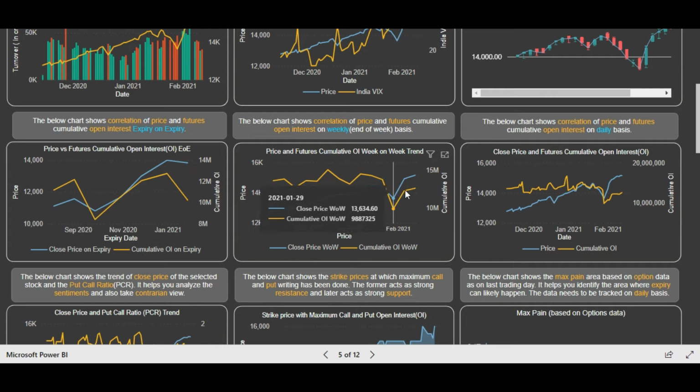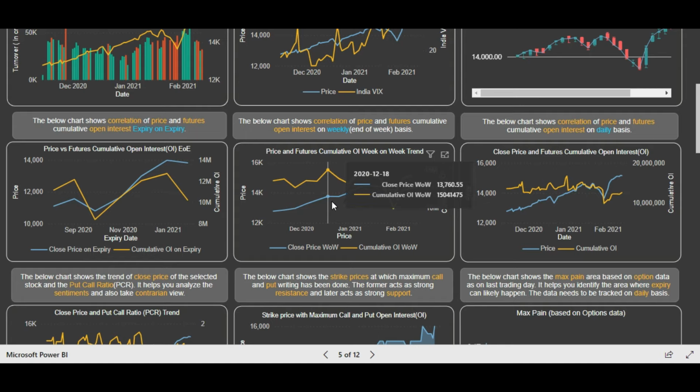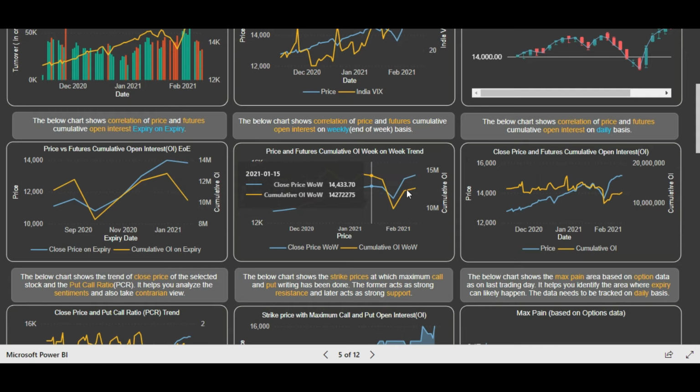Now this is the week on week view, which shows how the trend is changing week on week. So it gives you a medium term view. This is the multi-month view, and this is the week view. Suppose you want to take a trade within this particular month only, the current expiry. This graph will give you a clearer picture. You can see that from the past 2 weeks Nifty has increased and the cumulative open interest has also increased. So it means that long positions have been made week on week, right? This gives you a very good view.